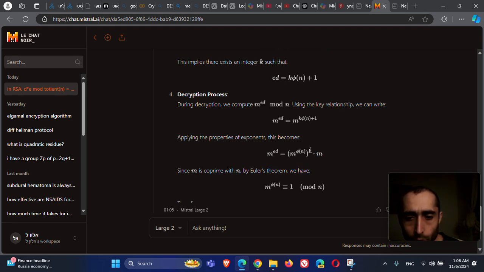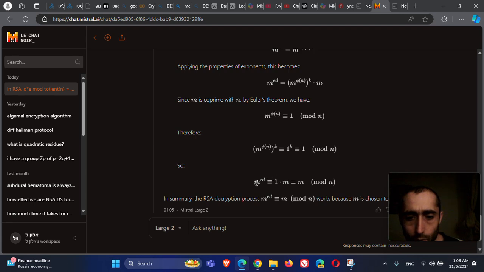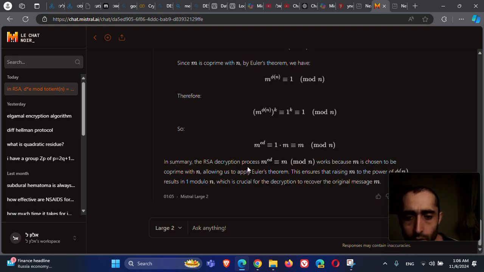So we get from all of this just 1 to the power of k, which is 1, times m. So this is just 1 times m. RSA works because m is chosen to be coprime with n, allowing us to ensure that